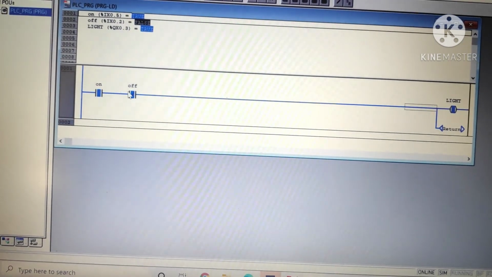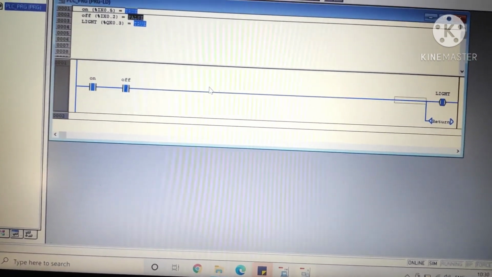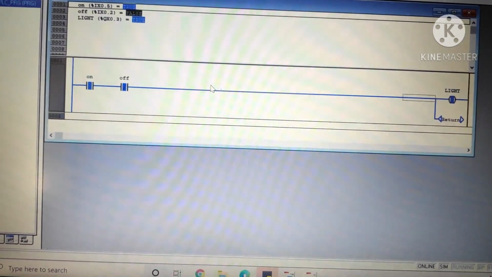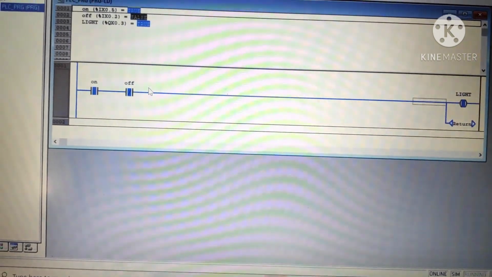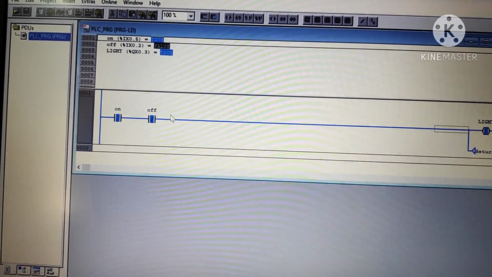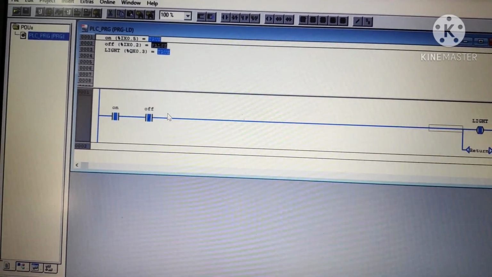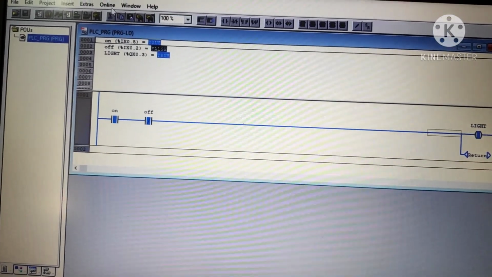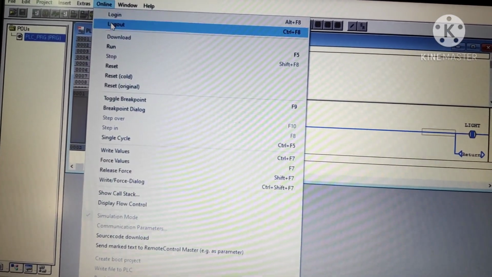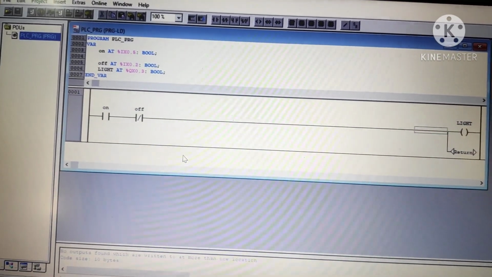When there is a blue color which is passing, it means there is electricity passing here, your ladder is right. You can only see manually whether your program is right or wrong. But this is because you are not able to come to campus in this pandemic. Once you are back, we will operate this program using PLC switches. As of now, you just need to log out. Only this much you can check.